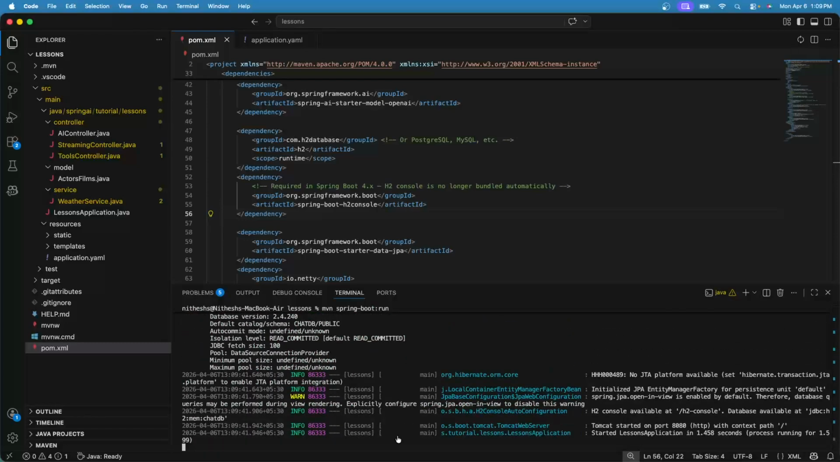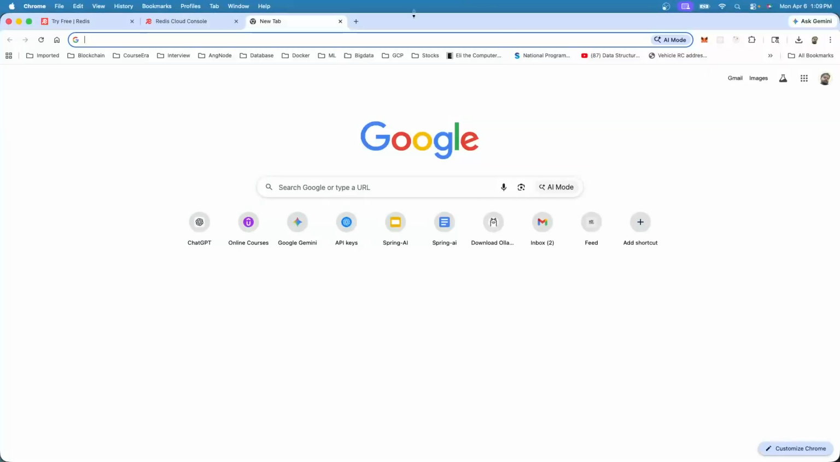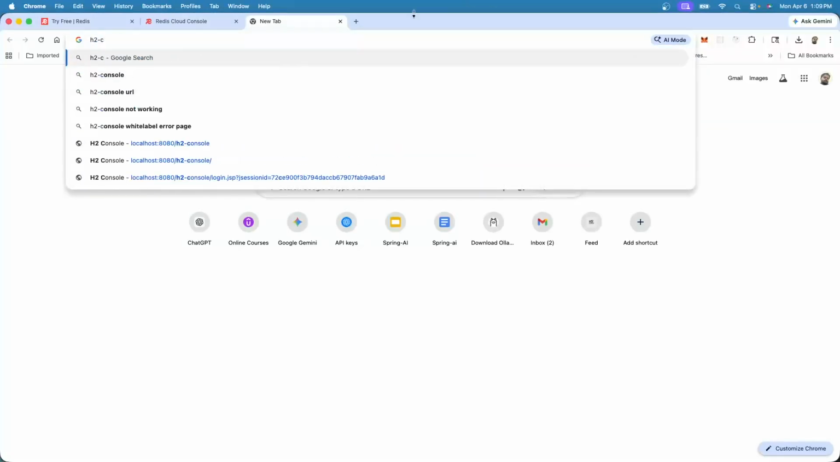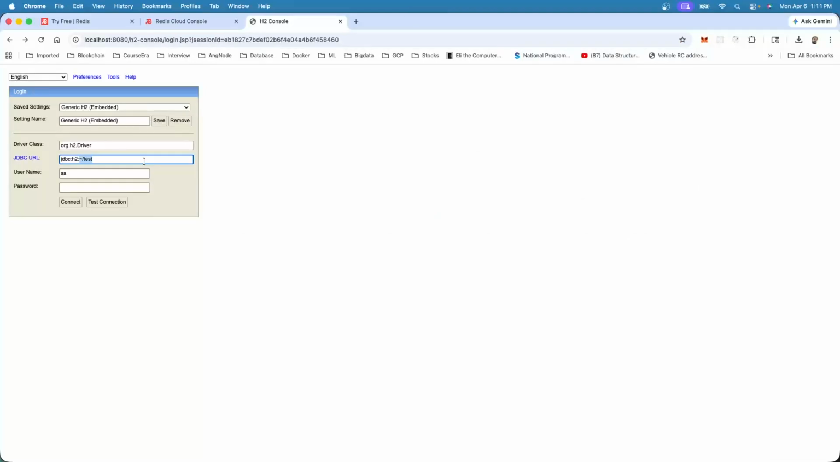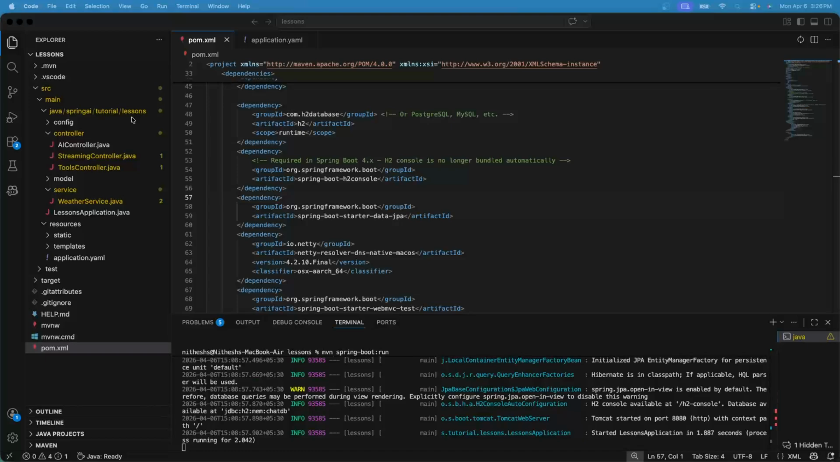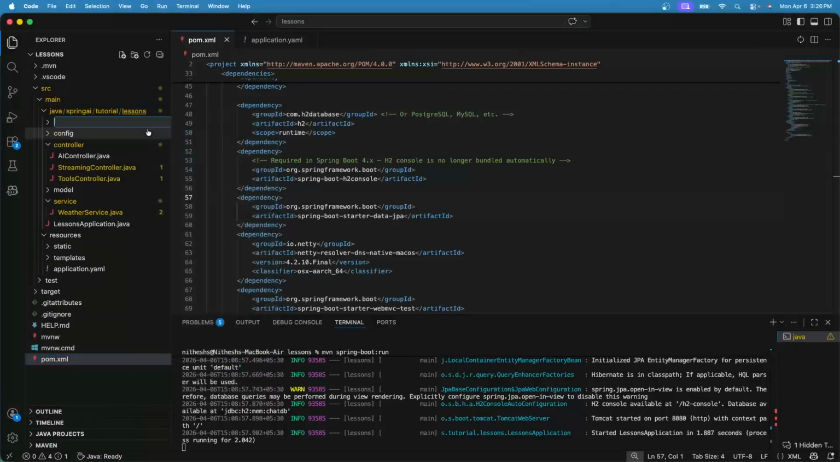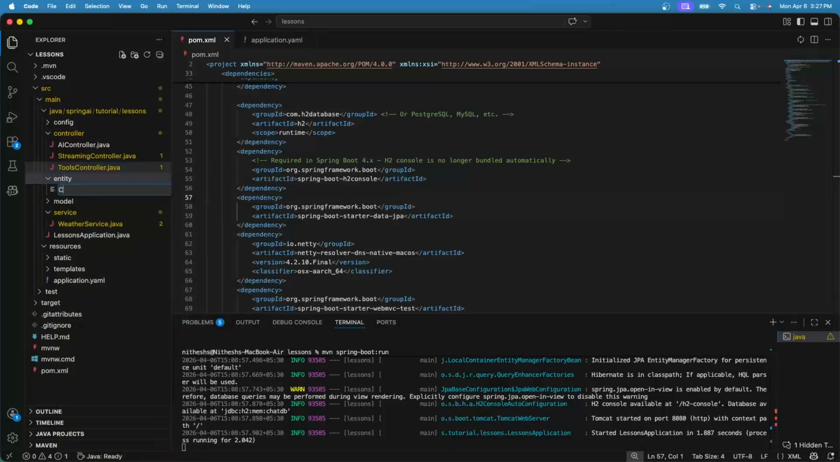Now let me navigate to the browser and access the H2 console. Now let me specify the database that I have configured in the properties.yaml file in the JDBC URL, then connect. Now let's create a folder entity. Let's create an entity